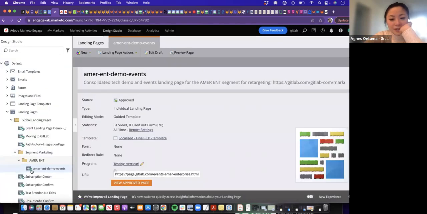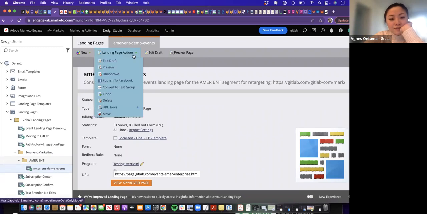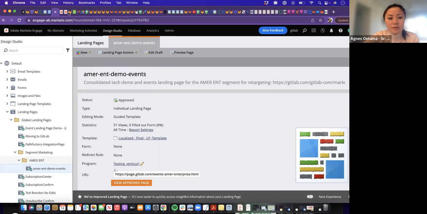So like this green check says it's approved. So usually, if it's the right one, then you want to say approved at the bottom, and it will refresh it with the right content. And that's it for updating the demo and events landing page for